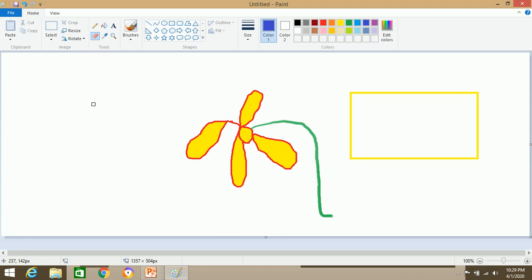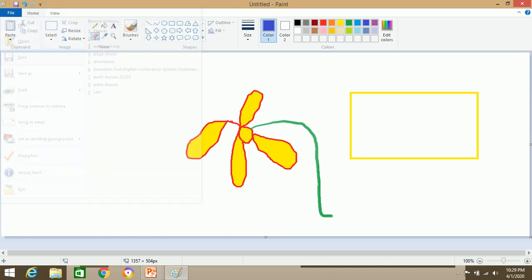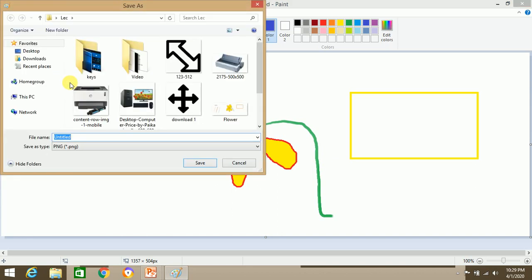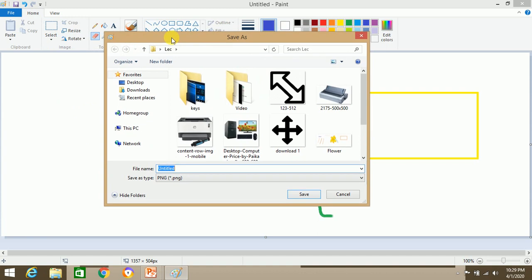Now we will save our drawing. Click the File, Save. The Save As dialog box appears. Select the drive and the folder to save the drawing.